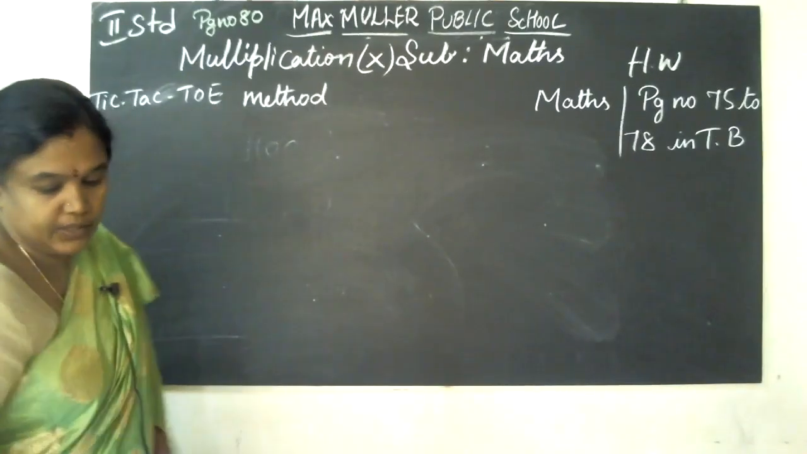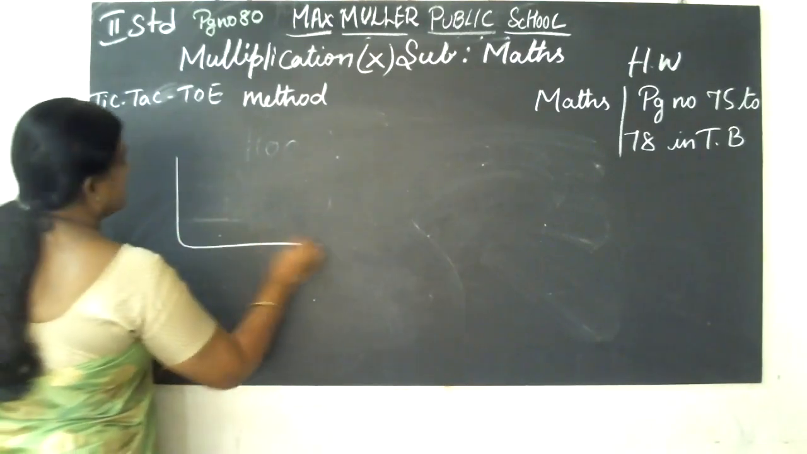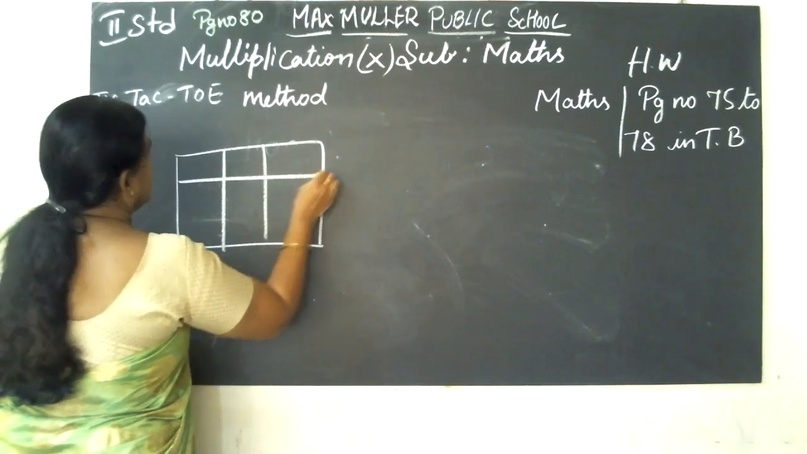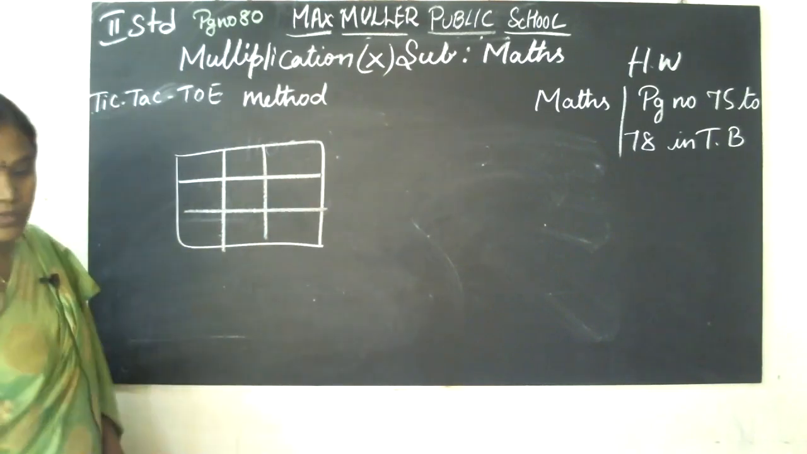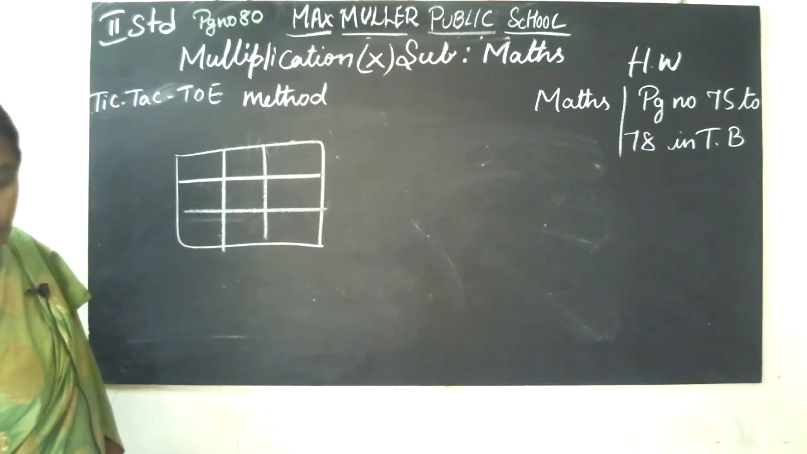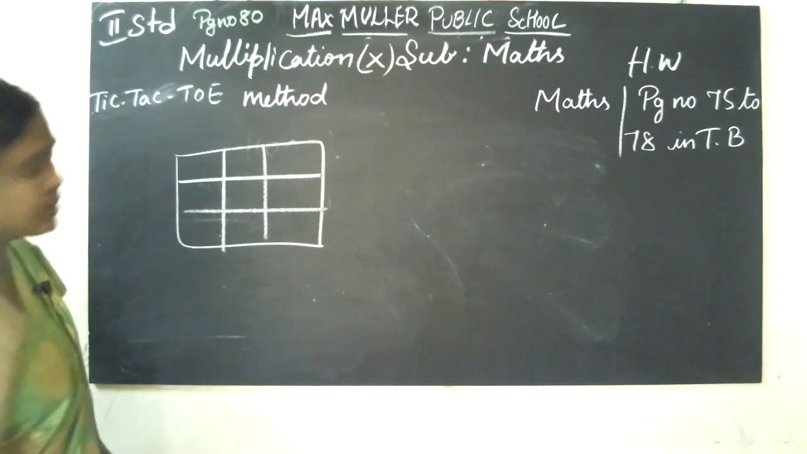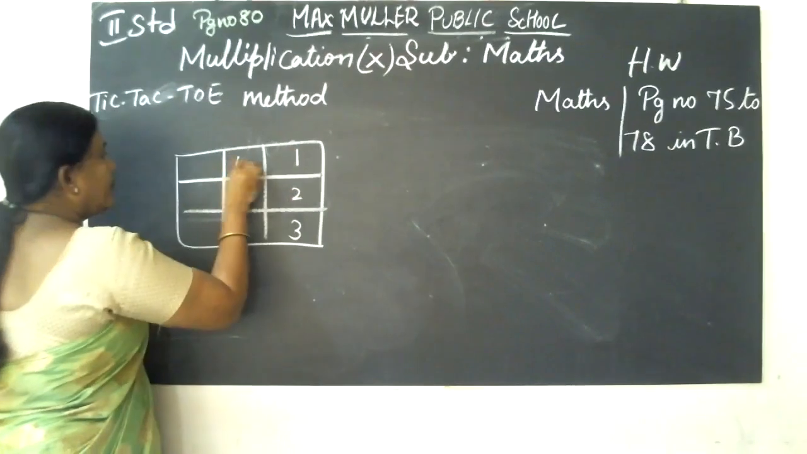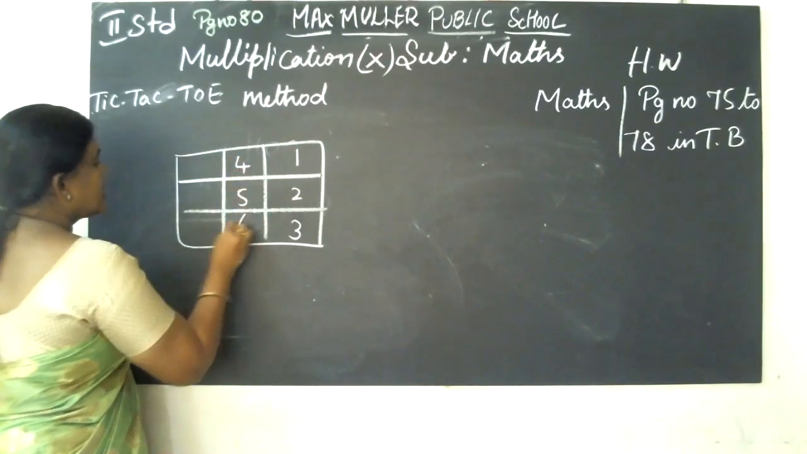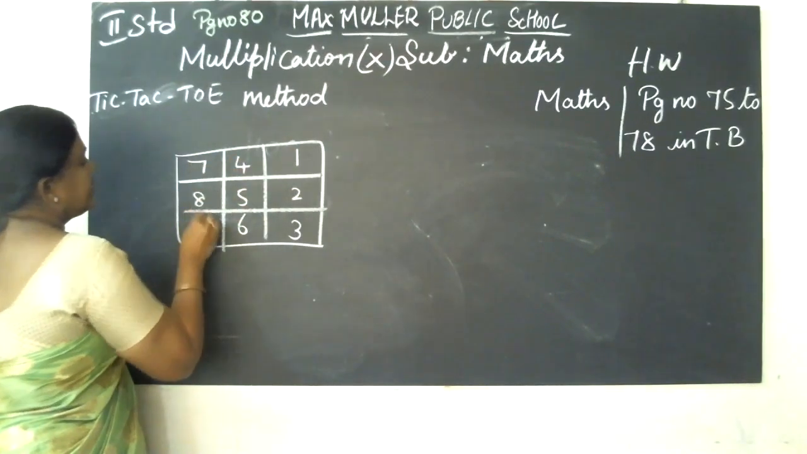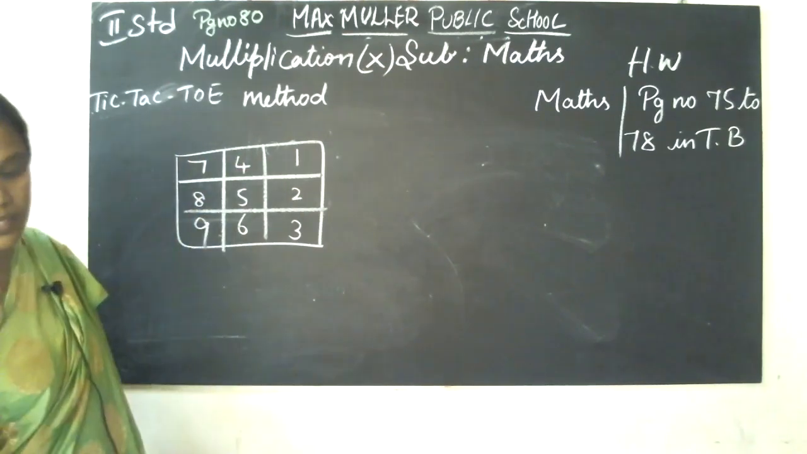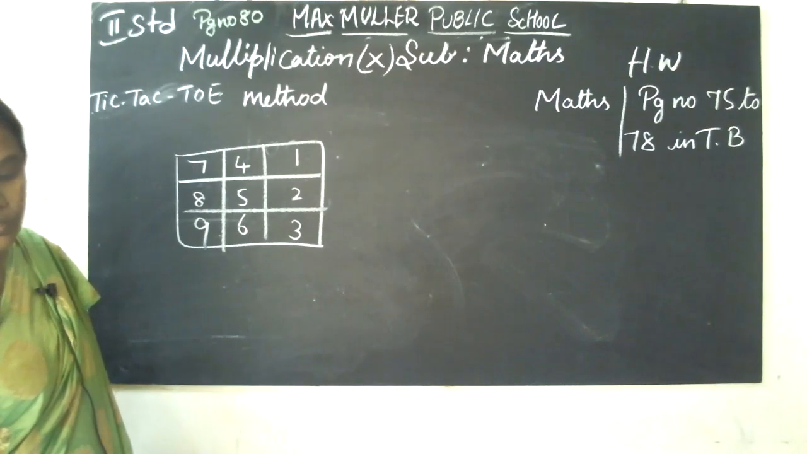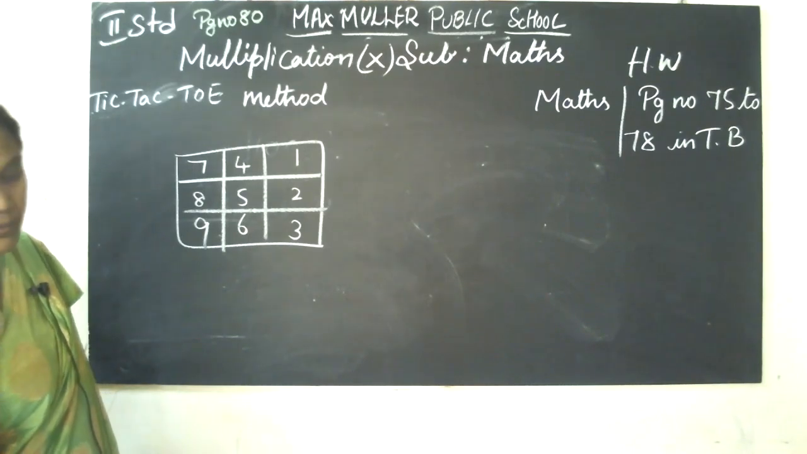See, 7 tables. First we will write 1 to 9 in the order shown. See, you want to start here. 1, 2, 3, 4, 5, 6, 7, 8, 9. Order shown means see the tables properly. Write 1 to 9 in the order shown. Now in the first column you want to write